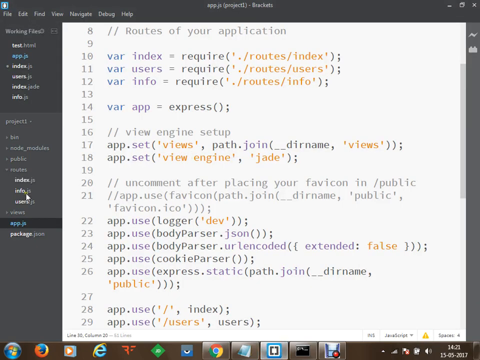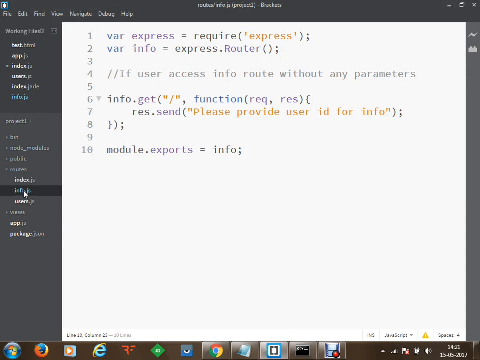So now JavaScript here is acting as a server side programming language and it is serving the role of a server. What we'll see next is, to this info path, we are going to provide some information. Let's say we'll provide some ID, some name or some numbers, and depending on the information provided, we are going to send a response back to a user. To do this, we'll get back to our info.js file.